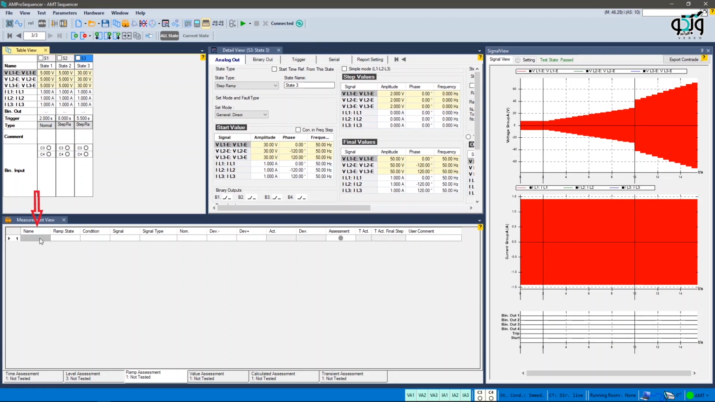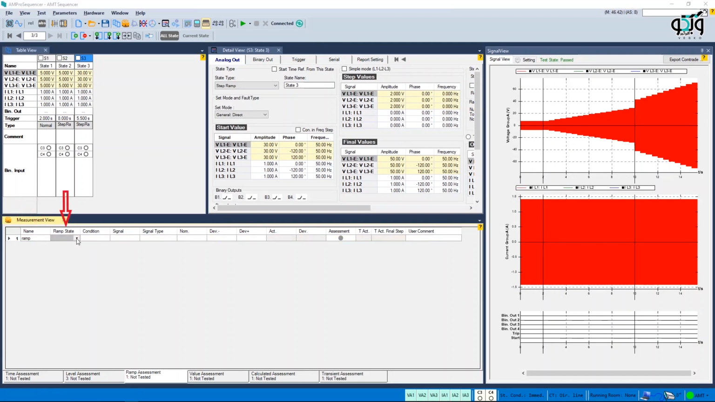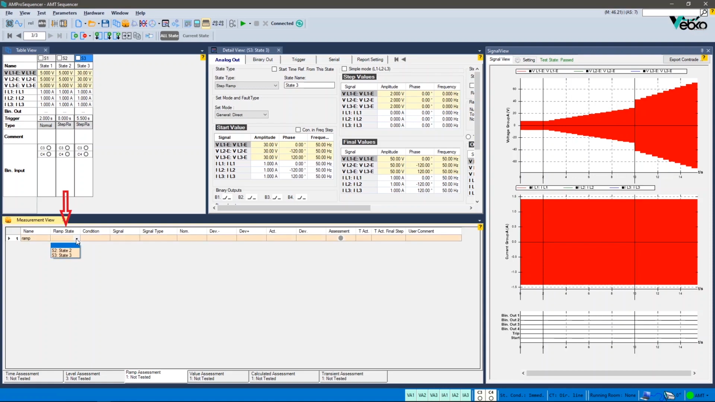In addition, in the first column, a name, for example, ramp, will be entered for evaluation. In the ramp state, the intended state is selected from the states of the ramp. Note that because this evaluation is only for the ramp type states, the first state, that is as normal type, is not shown in this field, and from the states of 2 and 3, the state 2 will be selected